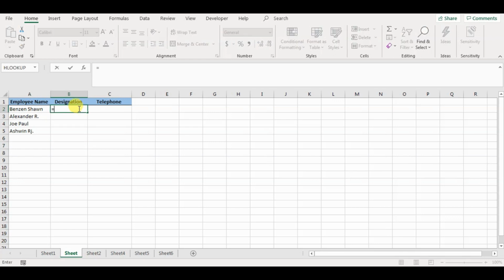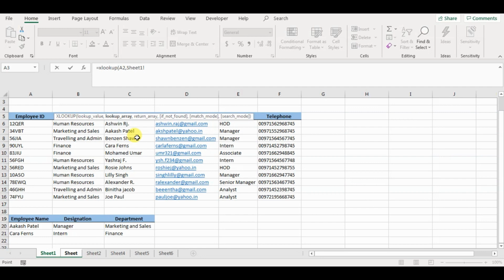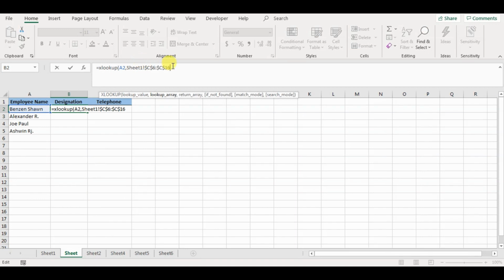So if we write equals XLOOKUP, open parenthesis, lookup value, of course employee name, lookup array, employee name is in column C, better to absolute reference it. Return array: now we want designation and telephone, this time the two values.